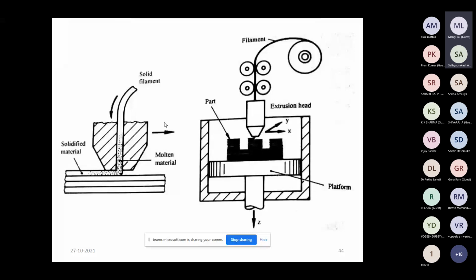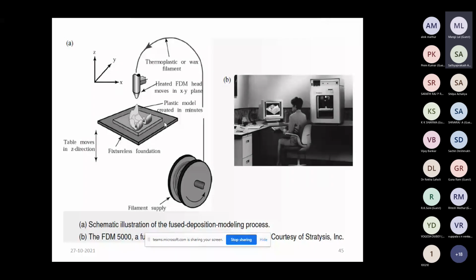Then deposition is done, and solidification of the material after the deposition takes place. This is the heated FDM head, which moves in the XY plane, a plastic model is created in a few minutes, the table or platform moves in the Z direction, and a continuous supply of the filament is provided. On the filament we can use any thermoplastic or wax filament.